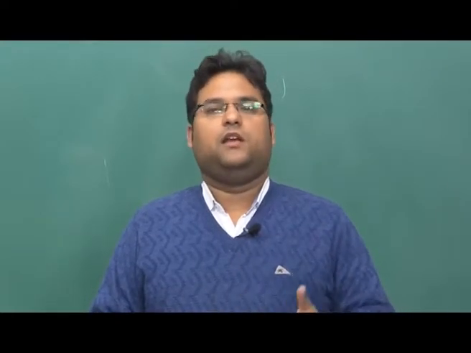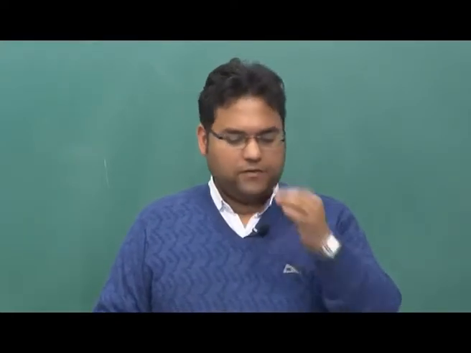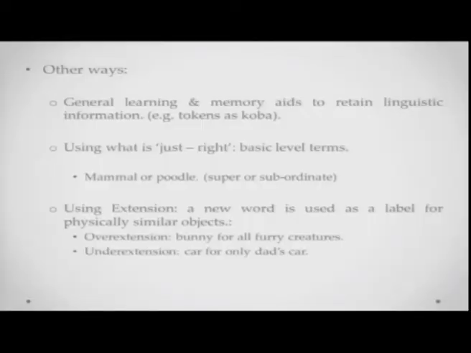So, children are approximately all the time using these things, but because this is a kind of learning and a hit and trial thing, a lot of times you will see that children do make certain kinds of errors, and those errors can be rather funny errors. Things like children could use what is called overextension. Say, for example, if you show a rabbit to a child and the child realizes that okay, this animal has fur, it has ears and stuff like that.